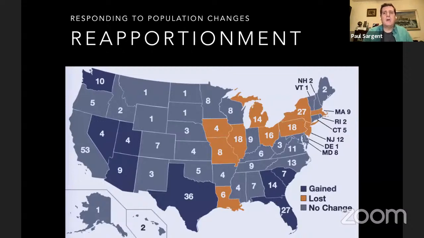And so you have losses in places like Pennsylvania, New Jersey, New York, all these other places over there, and gains in like Texas and Florida and all of that. So this will always then add up to 435. The only rule other than population distribution is that every state has to have at least one. So you can see some states in there that just have their one representative, not a lot of them, but